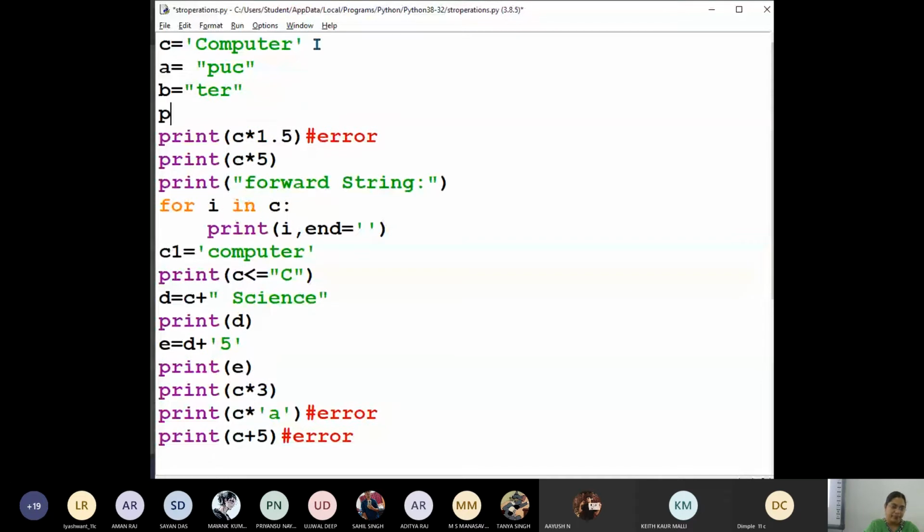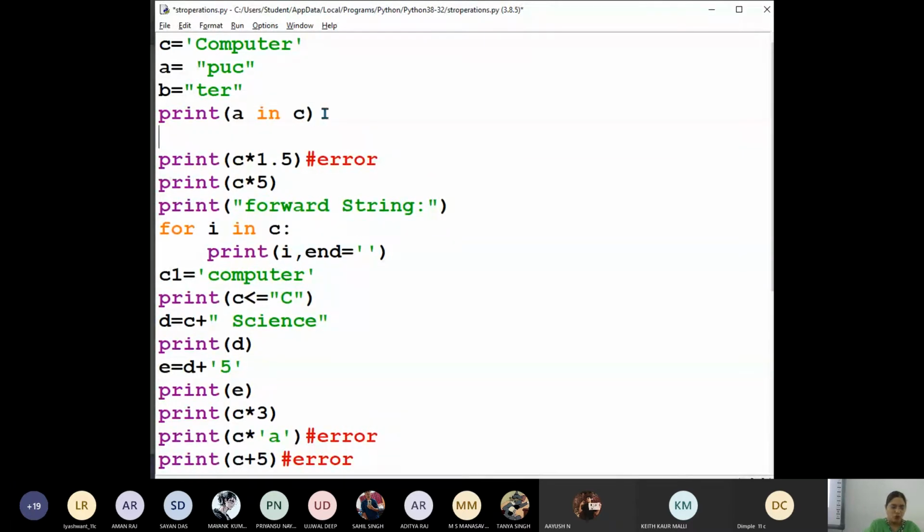Print A in C. Does A belong to C? As it is, is PUC there anywhere? Yes or no? No, ma'am. So what must be the expected result here? True or false?